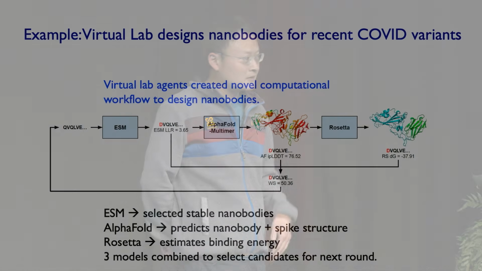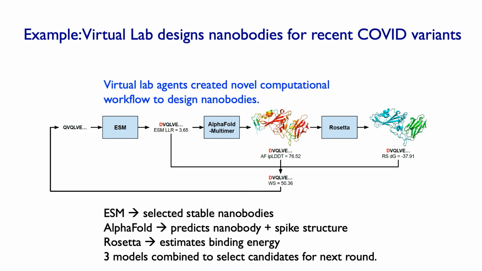So now that we see how the agents can become better researchers, I'm just going to come back to and give you one concrete example of the kinds of innovations that can help us accelerate. So recall that the first project we assigned to the agents was to help us design binders to these new COVID variants. And the agents decided to do this by designing nanobodies. And they came up with an interesting new computational framework to optimize these nanobodies in silico, which is different from how people have done it before.